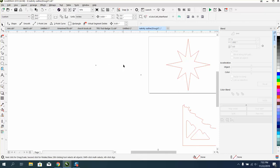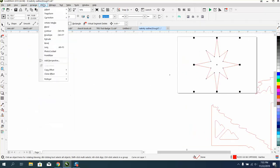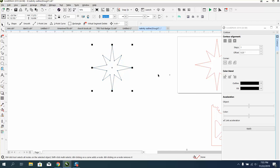And the reason for that, so we're just going to start over. We're going to go up here and we're going to contour. In case you didn't watch the first one, we're going to go to effects, contour just to the inside a 1/4 inch. Go up to arrange and break contour apart, and then we can grab our contour. And I think what happened a while ago,